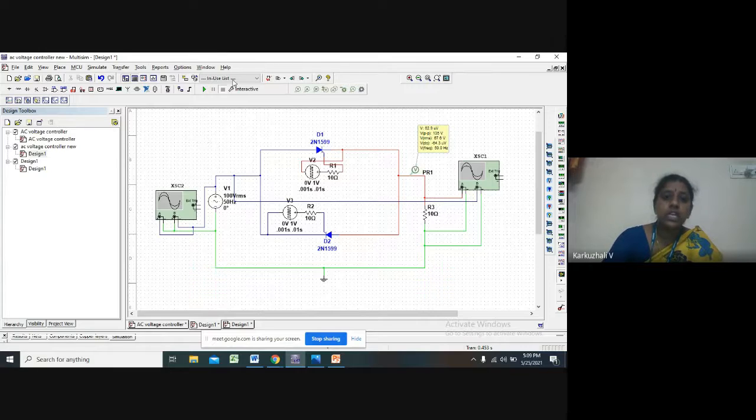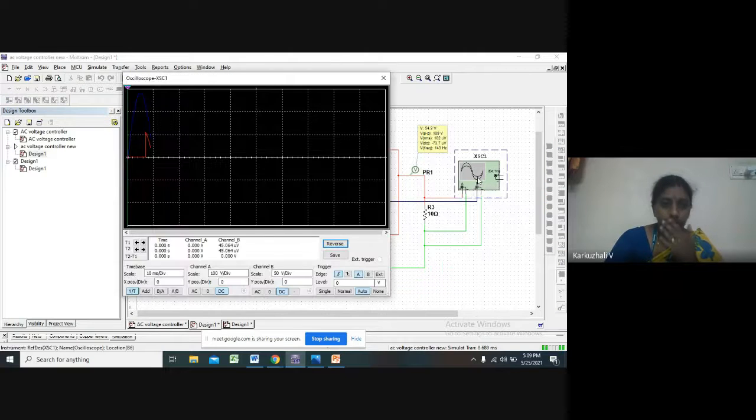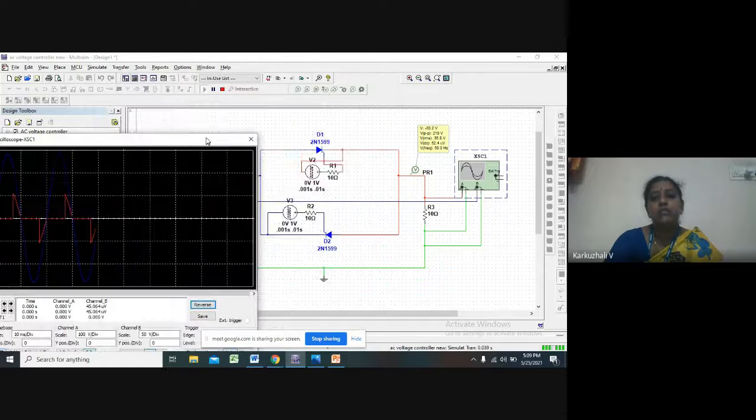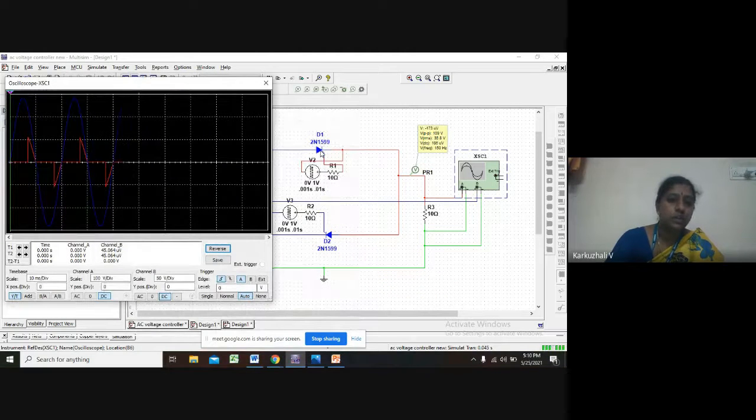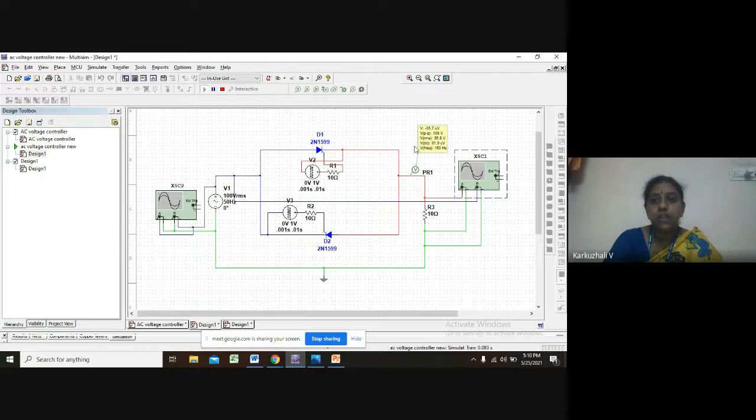Stop the simulation, change the firing angle as per the requirement and run the circuit, and you can view the waveform. See that after viewing the waveform, firing angle is greater than 90 degree. So after 7 milliseconds, the SCR has been triggered. For the positive half cycle, the SCR S1 or the diode D1 is triggered, and for the negative half cycle, the SCR D2 will be triggered. Okay, and the waveform will be obtained, and you can see the RMS voltage has reduced to 34.8 volts. So this voltage is considered as the load voltage because 100 volt is being converted to 36 volts without change in frequency. That is what we require.